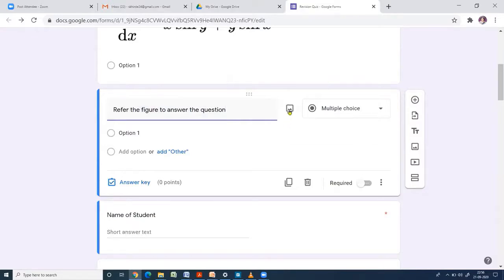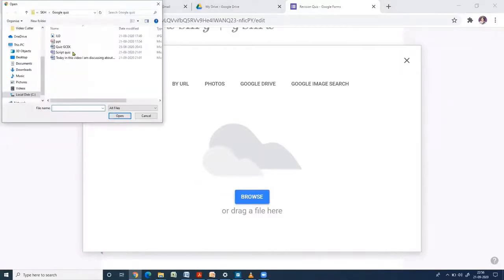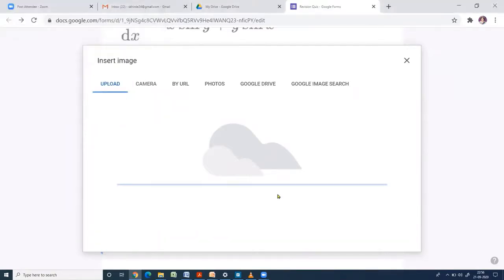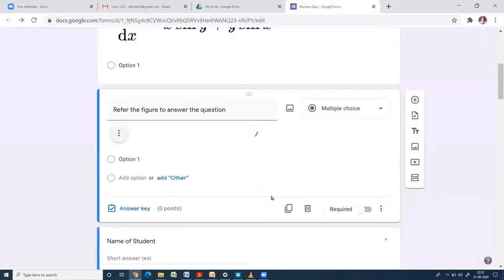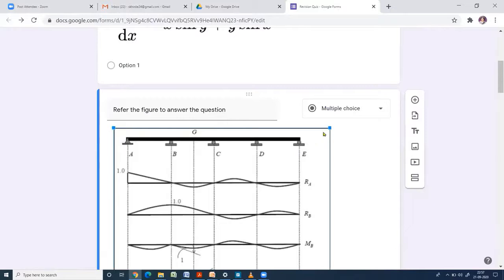So for that, I will click on this symbol. So click here and then browse. Then select that figure where it is and then open. Once you open it, it will be inserted in the question.